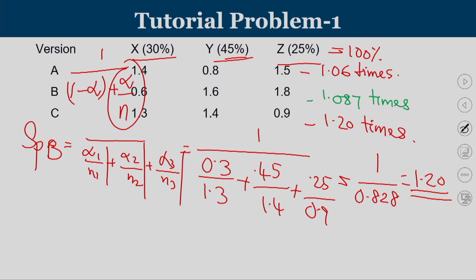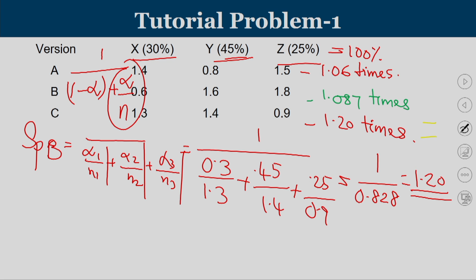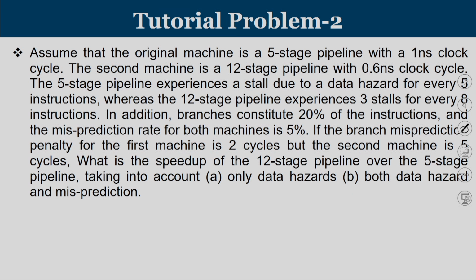So, in the question it is asking that we have to put the speed up. So, the best performance we are getting in version C. The second best performance comes in version B, and the third worst performance is going to be there. So, C is the best and followed by B, and then we are going for A. So, this is how we solve the first question. We will move into the second problem.